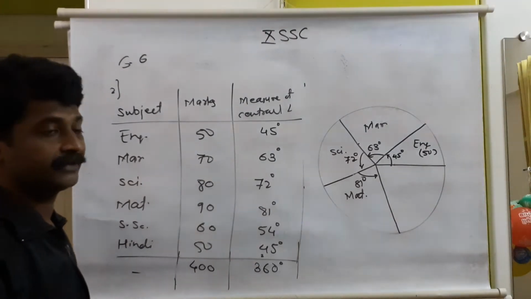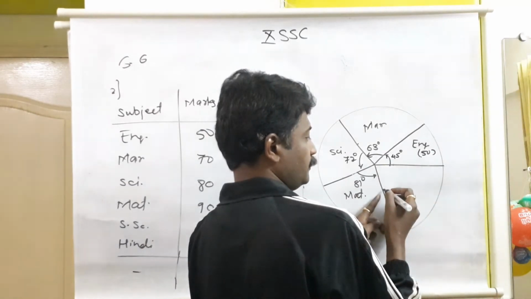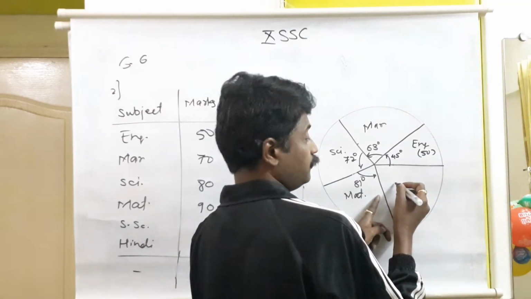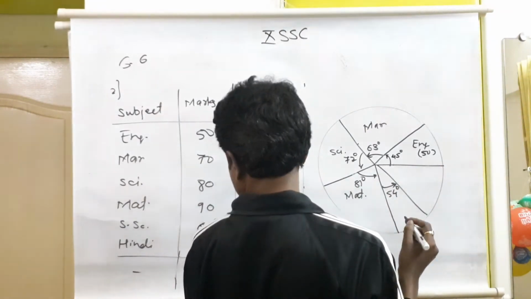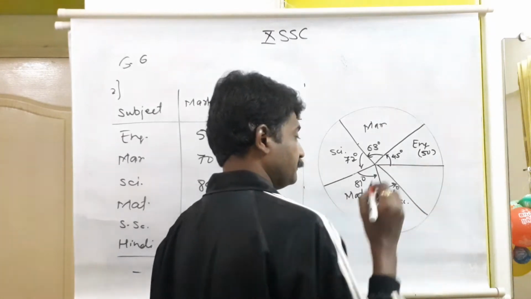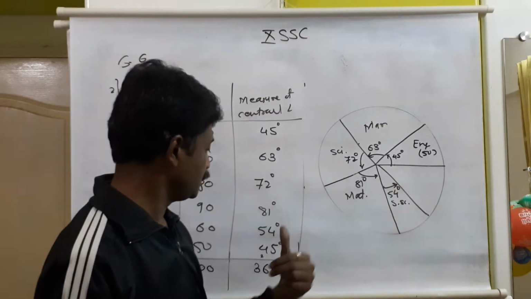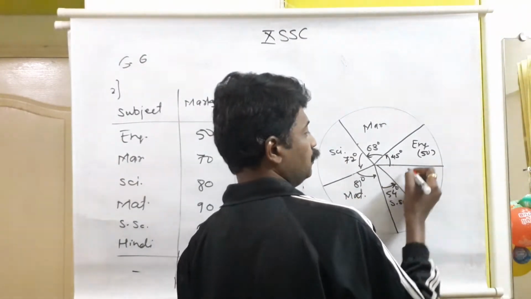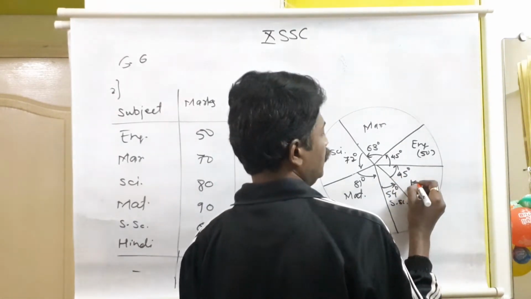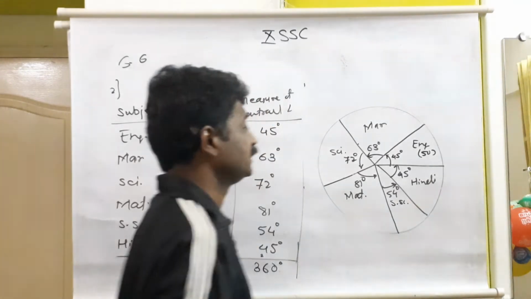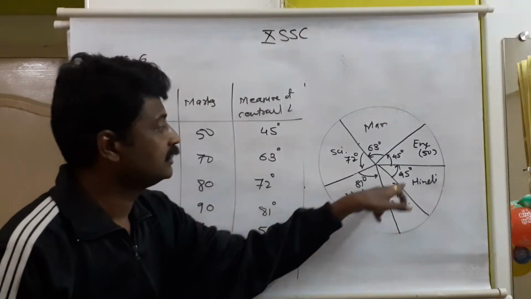Next is social science, 54. This will be the baseline for D. D will come in this way, start from this 0, 10, 20, 30, 40, 50. After 50, the fourth small line. So this will be 54 degrees for the subject social science, and the remaining you can cross check. With this as the baseline, here the D will come, and the remaining should be equal to 45 degrees. So these both are the same, 45 degrees, as the marks scored in English and Hindi are the same. So first and last they come together because there the circle will get complete.